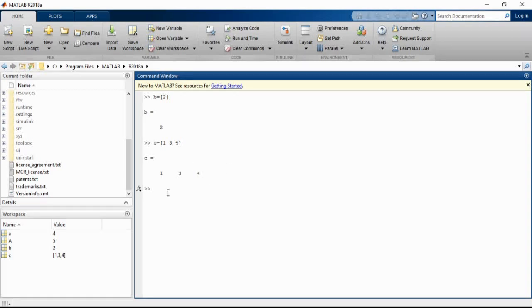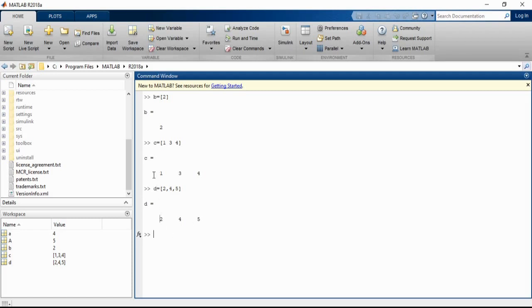Okay, and we have another option to create the row vector. So D equal to square brackets, I will create another vector 2 comma 4 comma 5. Okay, so I will press enter. Now again you can see, the first command I entered defined the variable with spaces, and the second command I am entering with commas. So both instructions have the same effect on the output. That means both instructions will create row vectors with different columns.